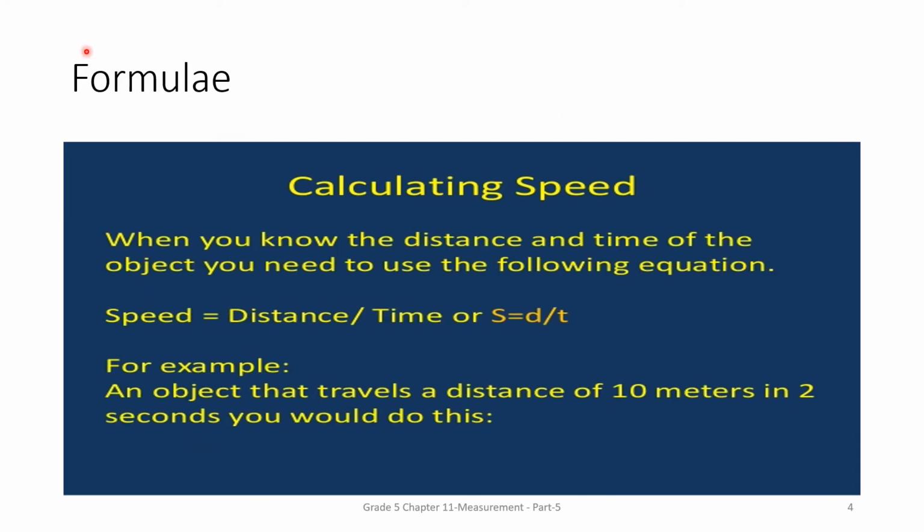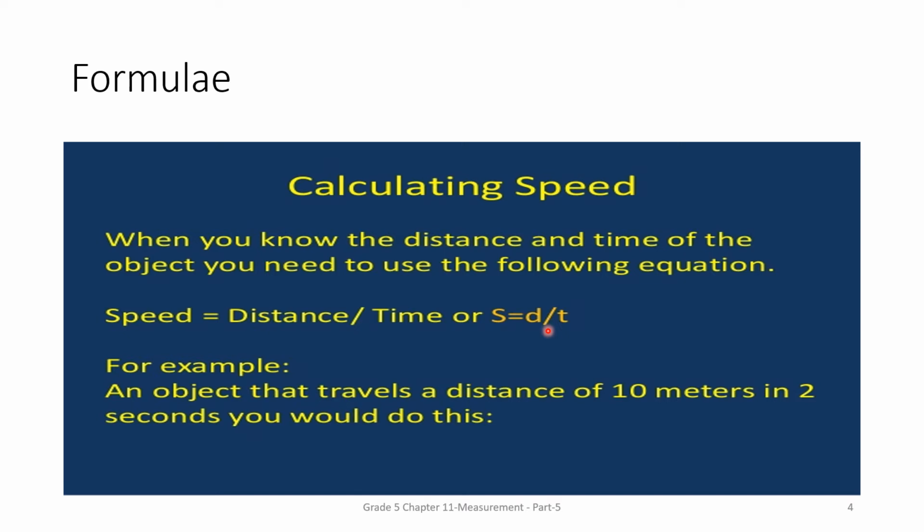So scholars, here we have the formula for calculating speed. If we have distance and time, we can easily calculate speed. How? See, speed is equal to distance by time, or S is equal to D by T. S stands for speed, D stands for distance and T stands for time. And in short, what is the proper definition of speed? Speed is defined as the distance covered per unit of time. You have to remember this definition. I am repeating once again. Speed is defined as the distance covered per unit of time. This definition is given in your textbook page number 150.